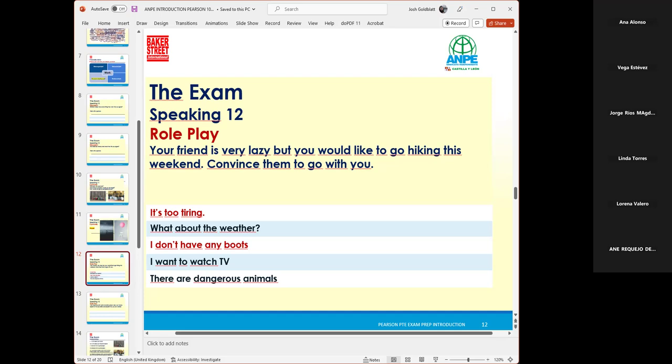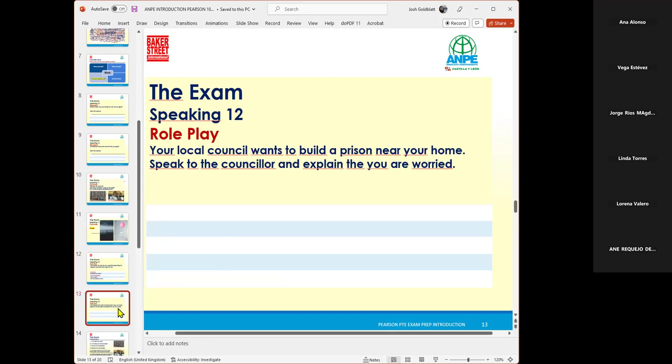The role play. So all we have to do with the role play, it's not necessary to have five different arguments. With three different arguments, that is actually enough. Okay, with three or four arguments, that's absolutely fine. Okay, so well done. Thank you. That was really good. Okay, let's try another one.